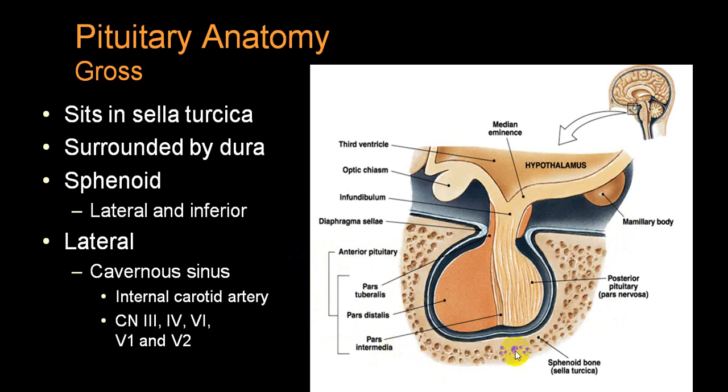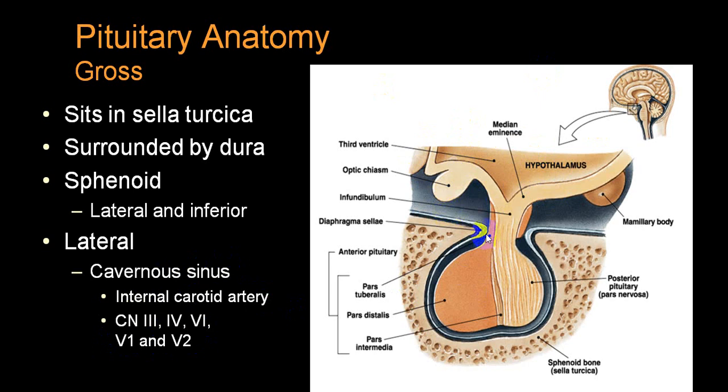So this is the sphenoidal bone, and laterally it is related to the cavernous sinus on two lateral sides, and that cavernous sinus will contain the internal carotid artery plus third, fourth, and sixth cranial nerve, and V1 and V2 divisions of trigeminal. So it contains all these nerves. So if there is some pathophysiology of the pituitary gland, it can produce damage to these structures as well as the hypothalamus. So it can produce damage to that particular part.